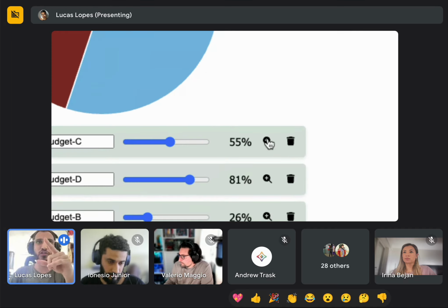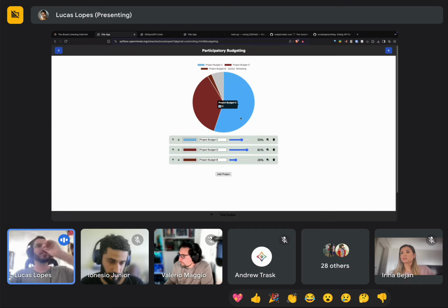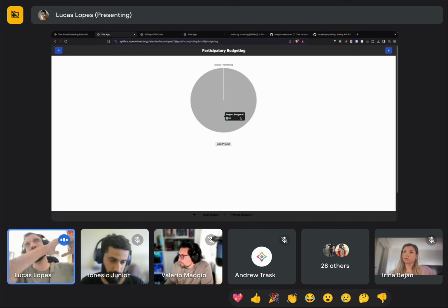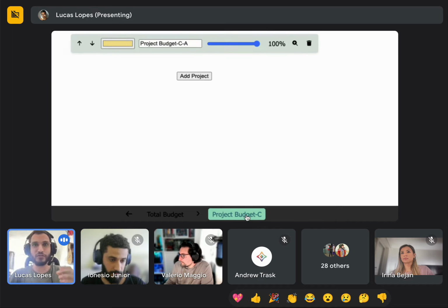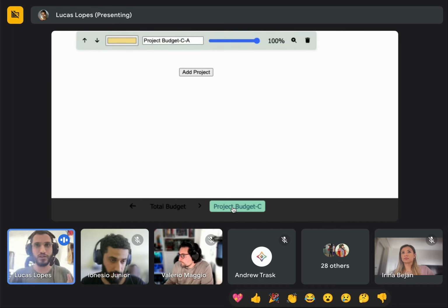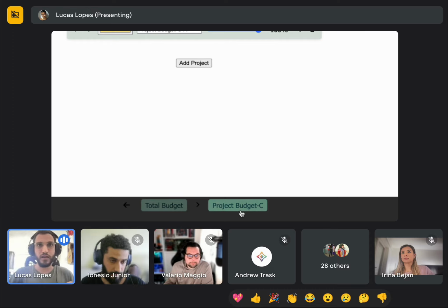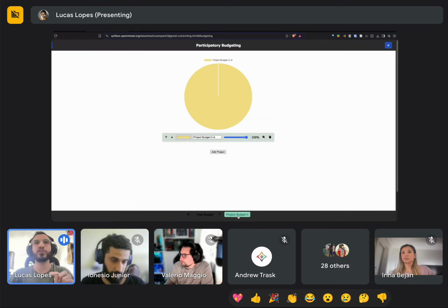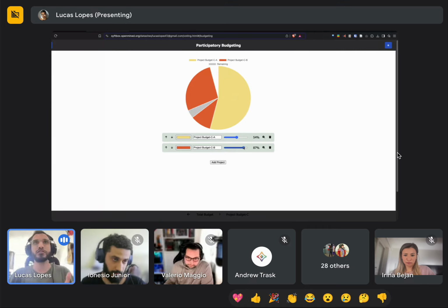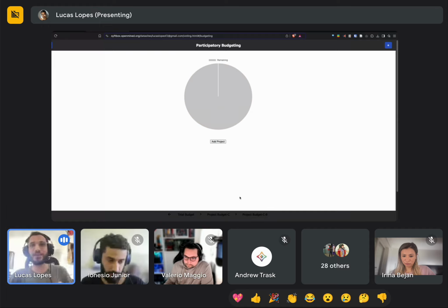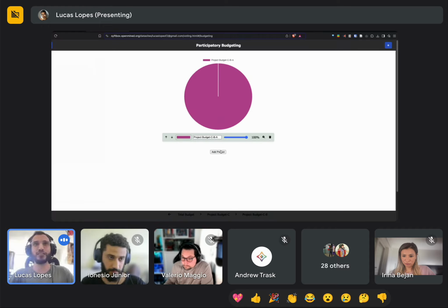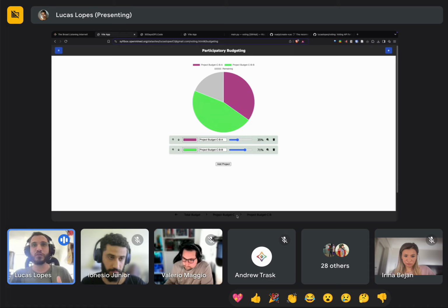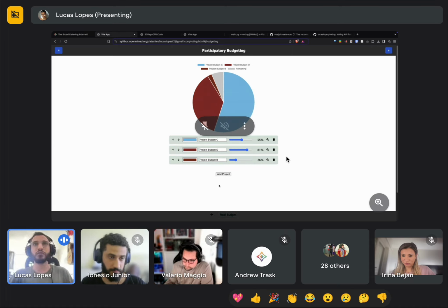But you can see that we also have this zoom, and what this zoom does is create a tree level, a hierarchical level of projects. So we are inside project C, and we can see here, the color of the text is not good, it's a little bit dark to see, but here you can see the whole path. So we are in project C, and we are creating project CA and CB. Let's enter in the CB. And in the CB projects, we can keep on going, creating as long as we want. And we can always go back, moving between them.